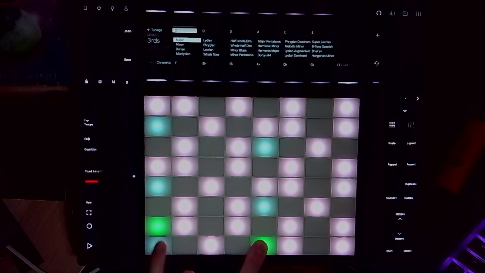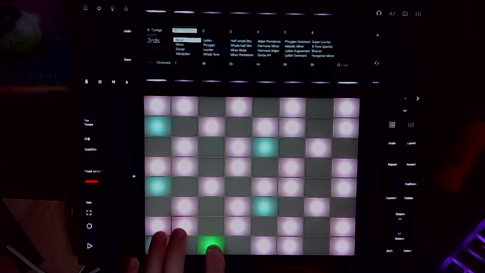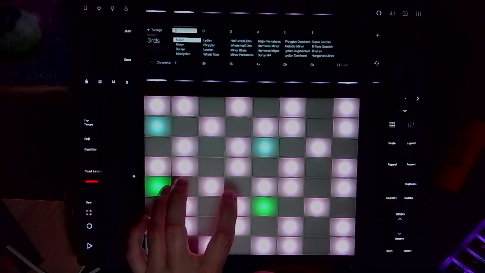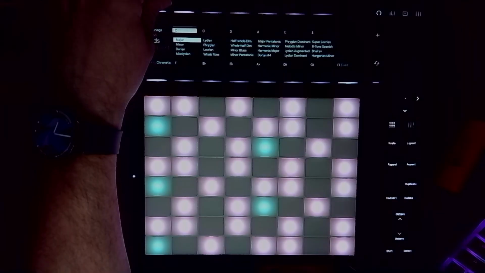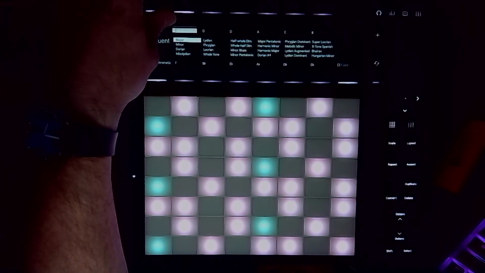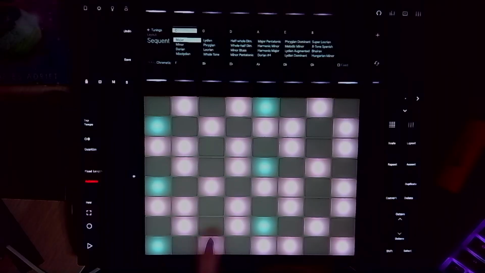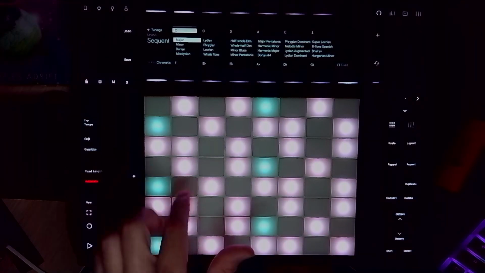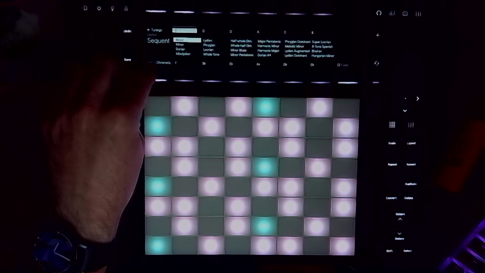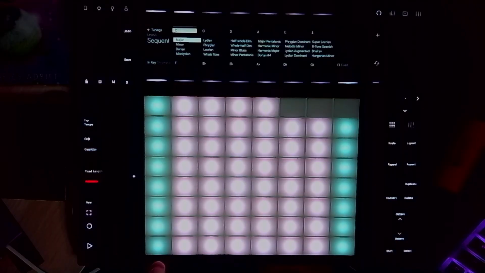You can see where it lights up, that's where it's starting over. So if you wanted to play just in kind of one area here, you could shrink it down a little bit. You can also do sequential, which basically just puts everything in order, C, D, E, F, G, A, B, C, like that. And if I put it back in key, it's just